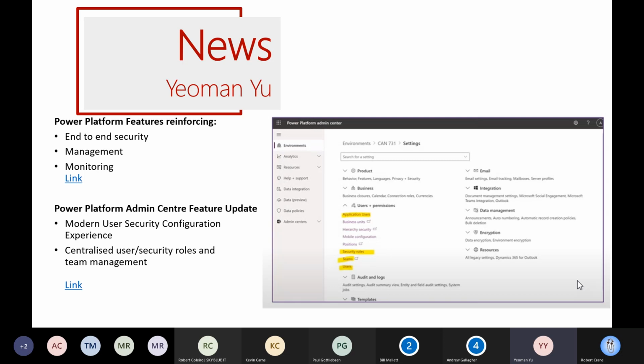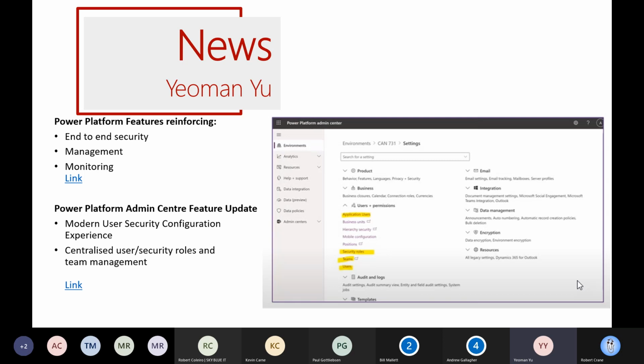So they have created this modern user security configuration experience, which is now available in the Power Platform Admin Center, as you can see in the screenshot. You can now control things to the level of application users, the security roles, whether someone can read, or whether someone can control the entire solution or the entire environment.